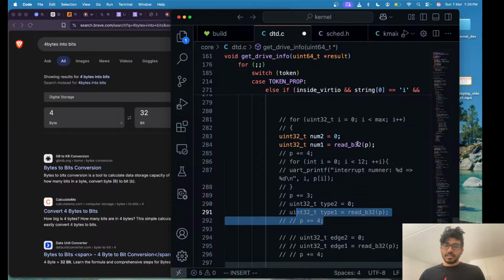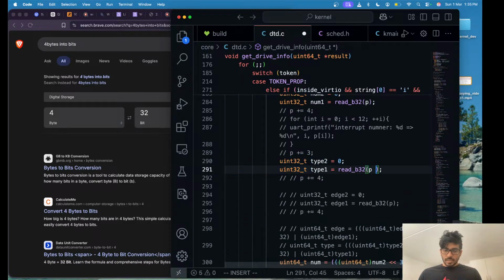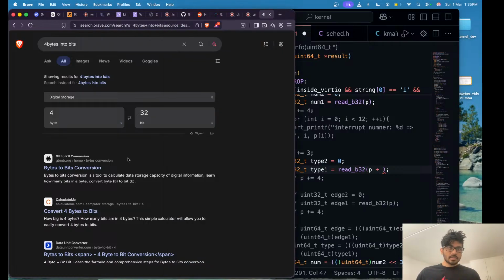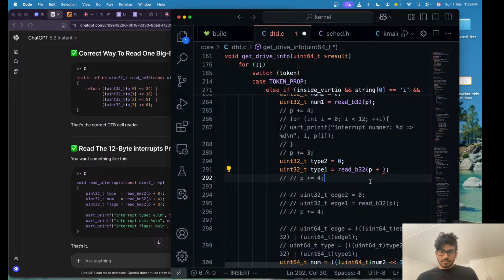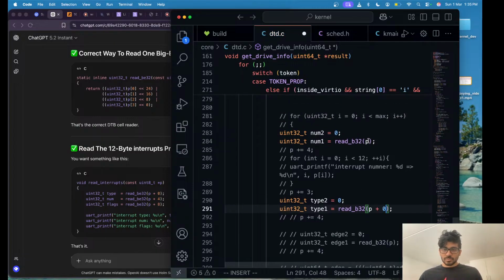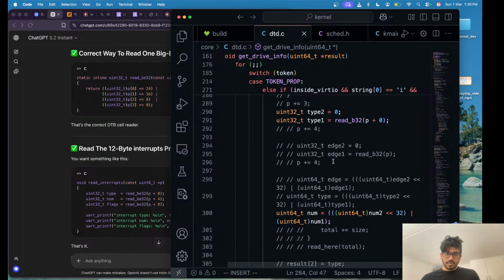I think I can just use read 32, and this will be the type, and type will be, wait, what's the order I have to use? Type is 0, and num is 4. And edge is